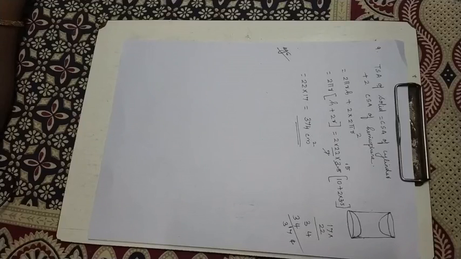Okay. Volume of combination of solids. So examples, fifth one. Shanta runs an industry in a shed which is in the shape of a cuboid surmounted by a half cylinder. If the base of the shed is of dimension 7 meter into 15 meter, the height of the cuboidal portion is 8 meter. Find the volume of air in that shed can hold.